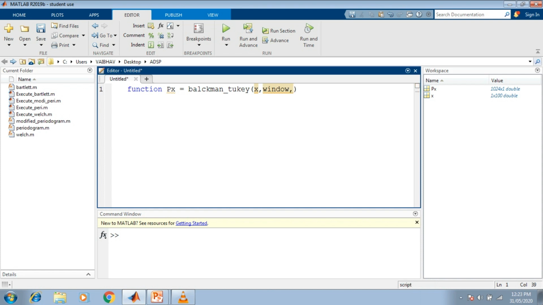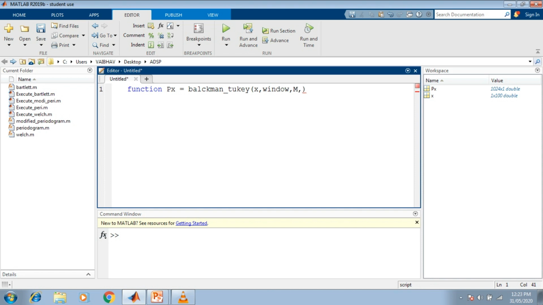Now along with the input variables x and the window here, we require another input variable, that is how much the size of the window we require, that is the length of the window, which can in general be denoted by capital M here.